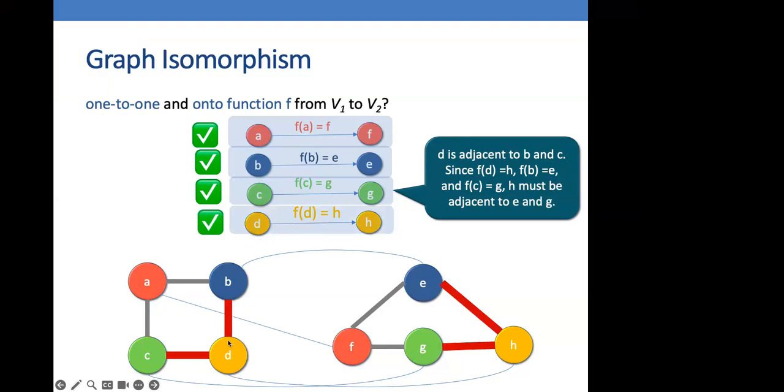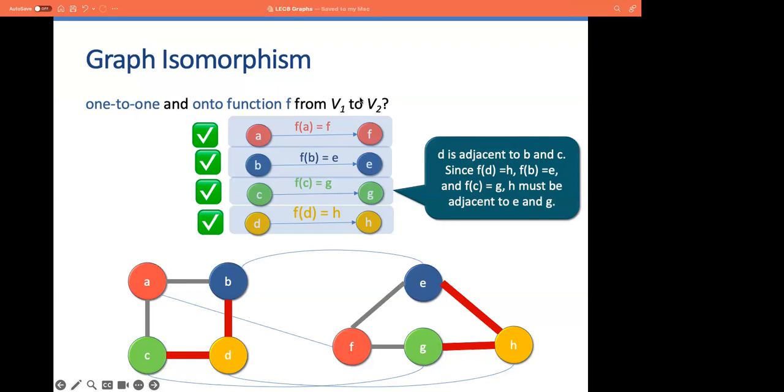And then for D, D is adjacent to B and then C. And as you can see, D is mapped to H, and then B is mapped to E, and then C is mapped to G. And since D is adjacent to B and then C, H must also be adjacent to E and then G. And since this is true, we have proven that we have a one-to-one and onto function f